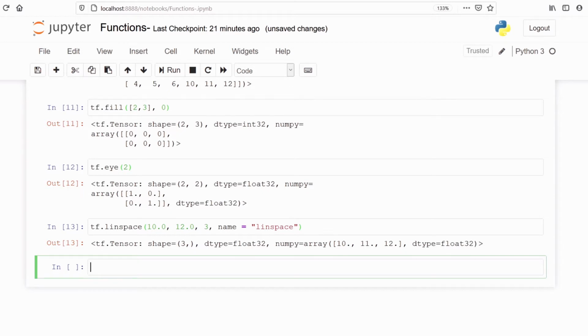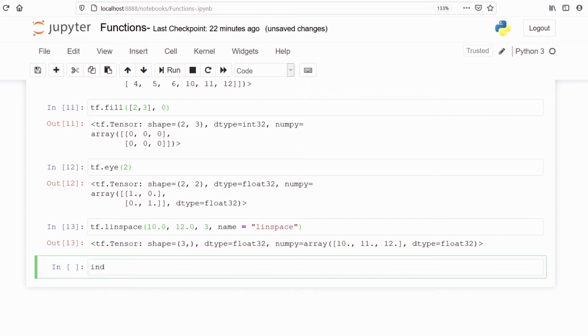You must have heard about one-hot encoding while developing a machine learning model. Whenever we have a categorical variable, we have to convert that categorical variable into one-hot encoding, where the category which is present in the column is marked as 1 and the other categories are marked as 0. That we can also do in TensorFlow. Let's check that.